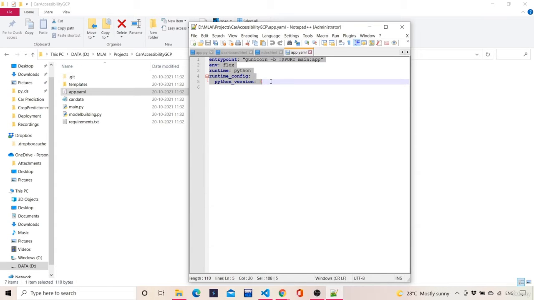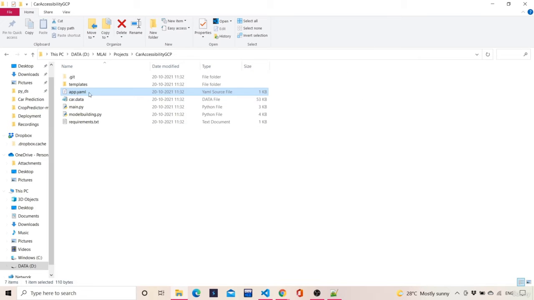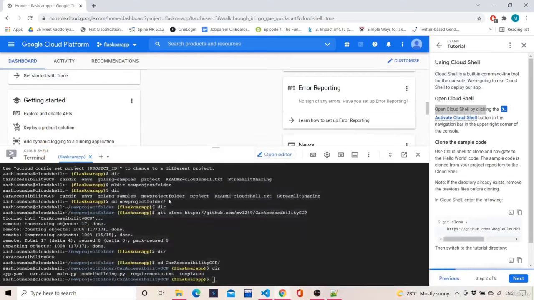So this YAML file is very important in case of Google Cloud. So we need this file so that, like in the Streamlit we had the app as a shell script file, shell.sh, in the same manner we are having this in Google Cloud. So it is like an instruction to the Google Cloud that hey, you have to start your building from this app. Okay, so this YAML file is very important, don't forget this file.